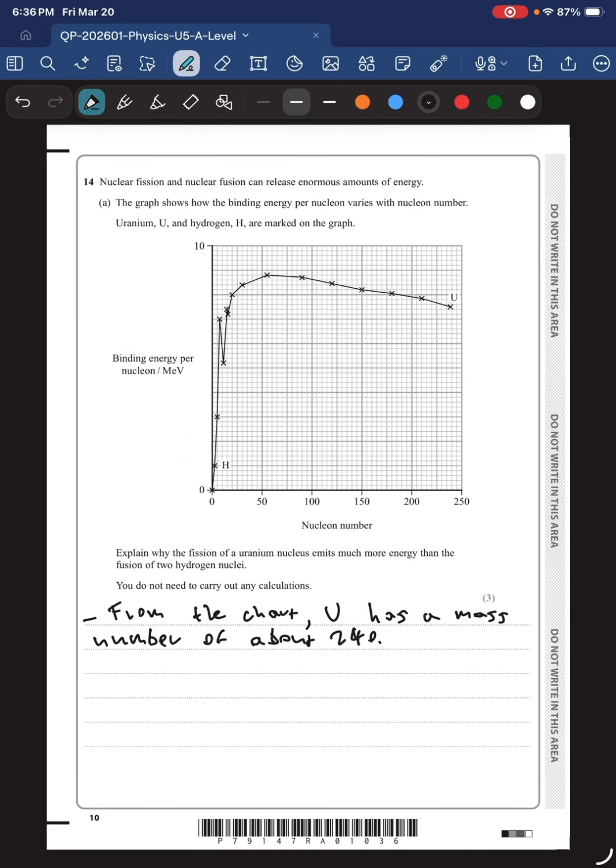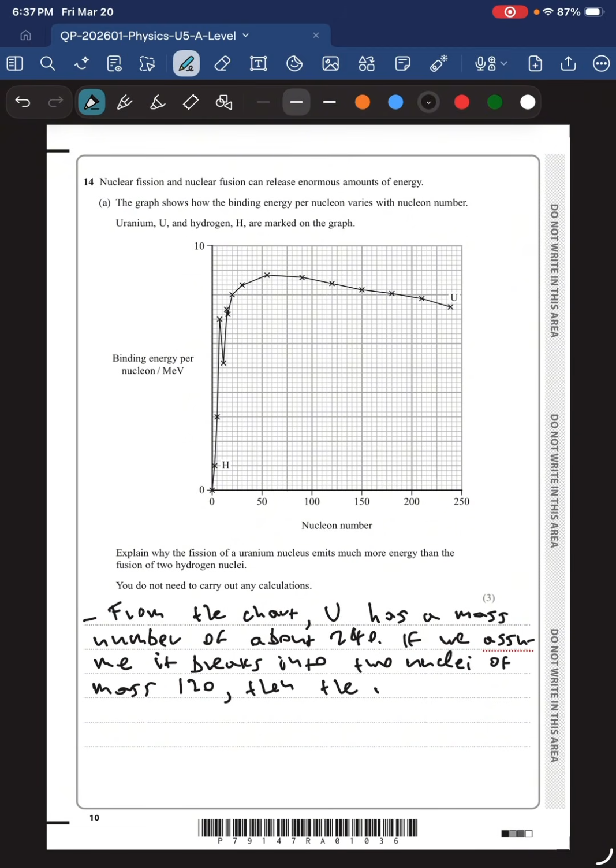Okay, 240. If we assume it breaks into two nuclei of mass 120, then